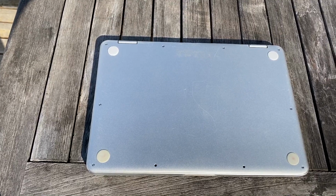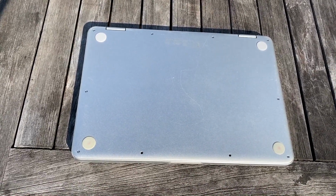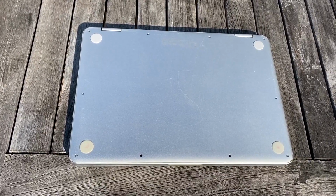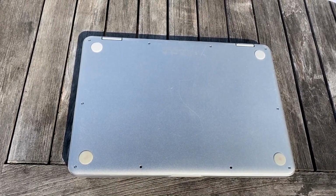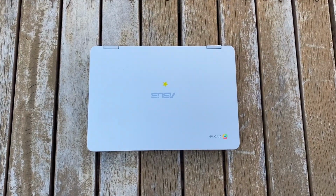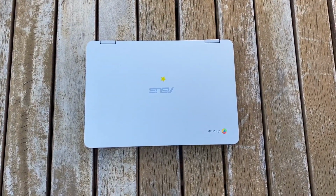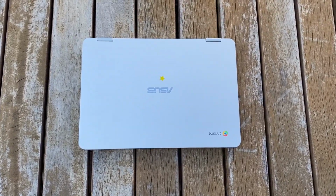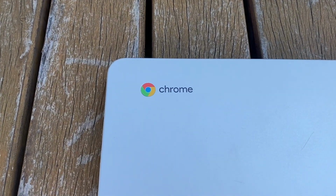On the bottom of the laptop, there's really not much to see apart from the rubber stoppers, two of which contain magnets for holding the computer in tablet mode when required. We also get the model information up top here, along with some other symbols. The lid of this laptop is very basic, with the Asus logo in the middle of it with a star sticker I put there myself, because I'm cool. And then on the top left hand corner we have the Chrome logo, so everyone else knows you're using a